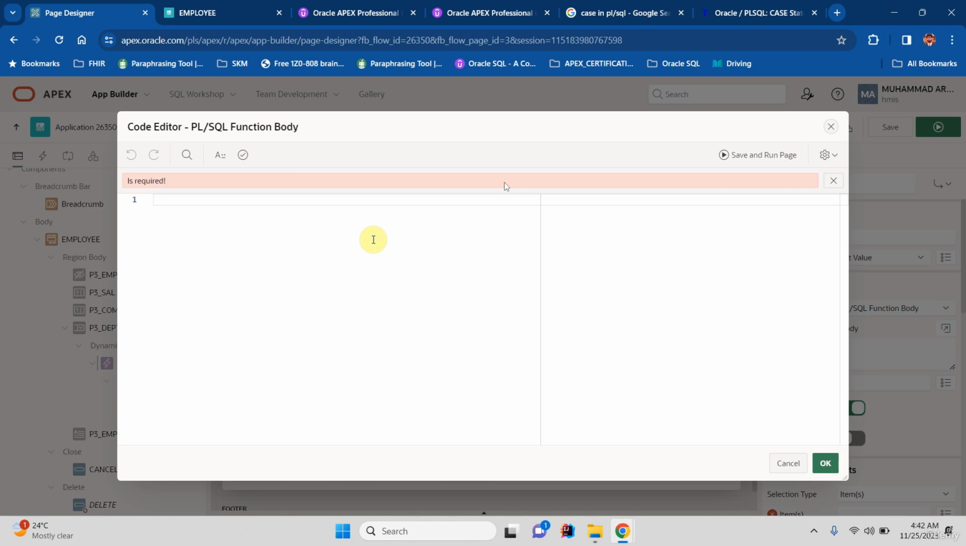what we will do, we will calculate the commission based on employee salary and its department. Different departments have different commission. So here we will write the function body. So first of all, I'm going to declare a variable which is commission, and its data type is number and initial value is 0. Then begin